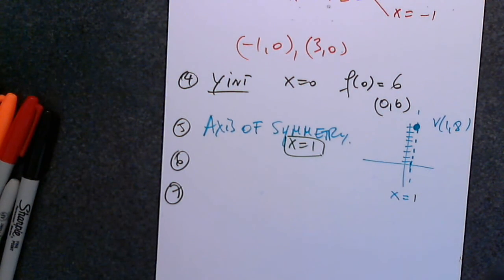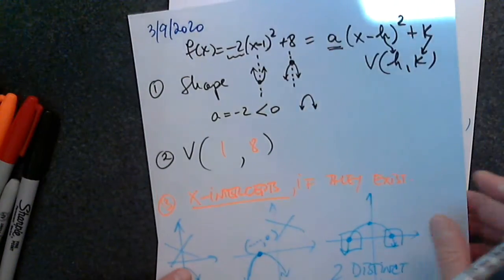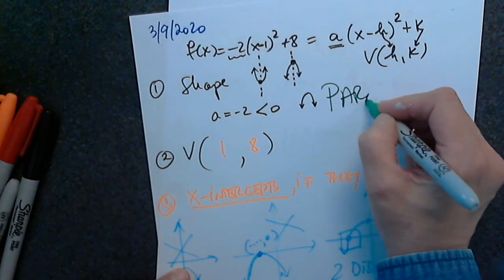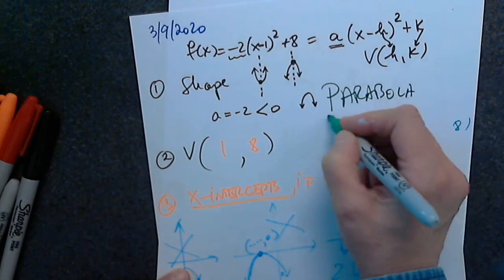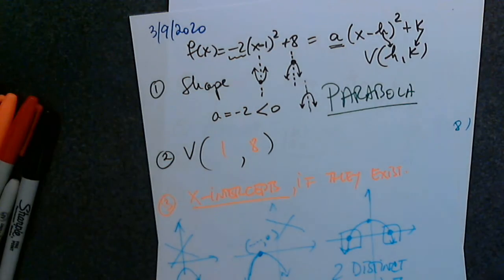One more time, we're not talking about odd or even functions here. We're talking about the fact that the parabola is symmetric. So this is a parabola. I don't think I wrote that. So the graph is a parabola, and the parabola has an axis of symmetry no matter where it is. So then,